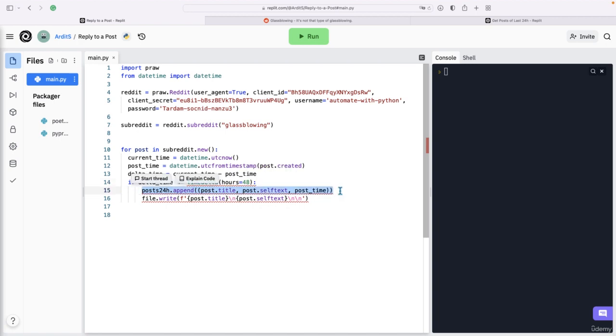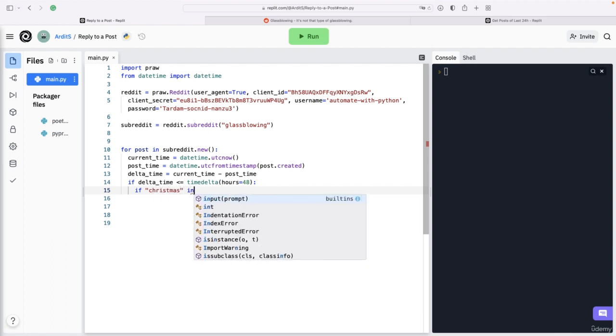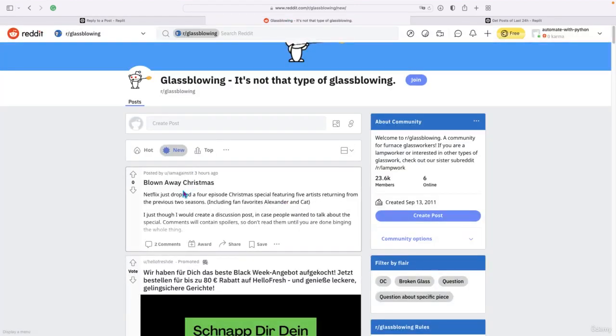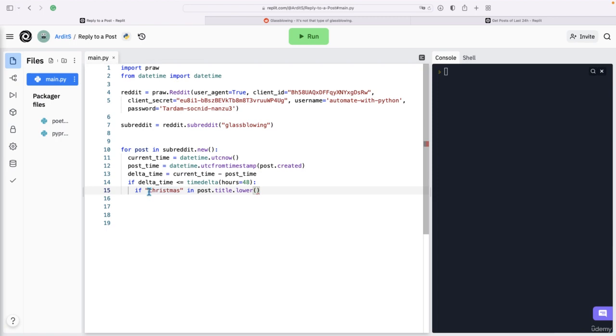This time we don't want to append anything in a list, we don't want to write anything in a file, so we remove that. What we want to do is check if the word Christmas is in post.title. But be careful, because you should be lowering the title. The title could be, for example, as you see, Christmas with a capital C. So you want to make the entire title lowercase, and then you can check for lowercase Christmas in the lowercase title. So if Christmas in post.title.lower, then we say